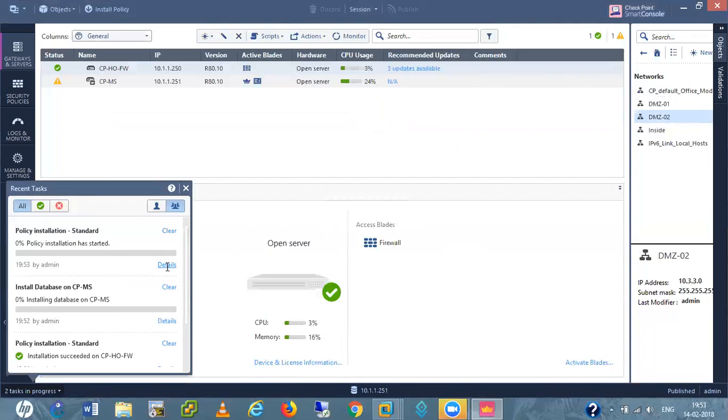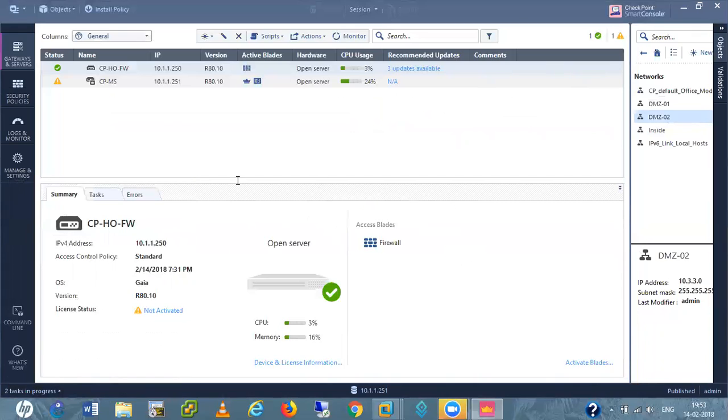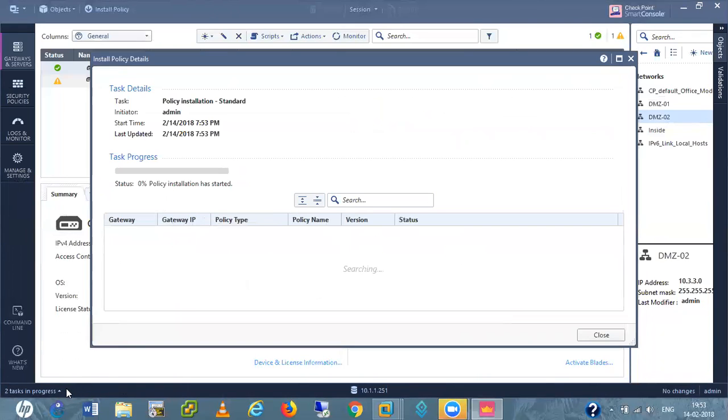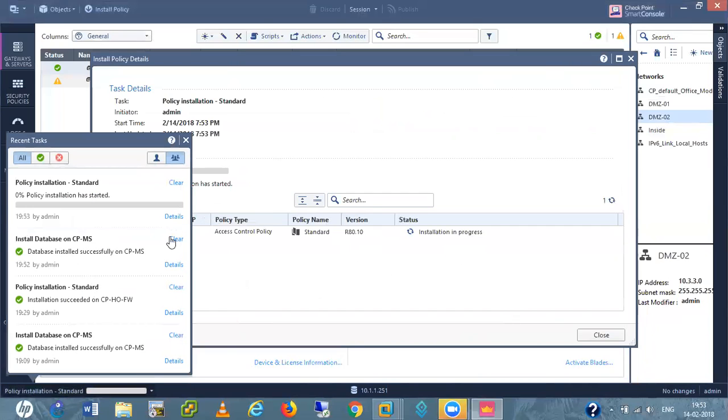Policy installation is started. Database is succeeded. Now wait for this one.